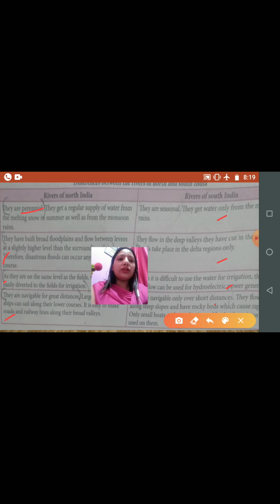They flow along steep slopes and have rocky beds which cause rapids. Only small boats and basket boats can be used on them. So these are the basic differences between the rivers of North India and the rivers of South India.